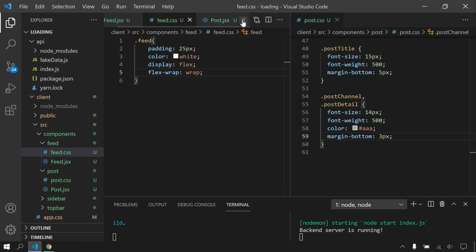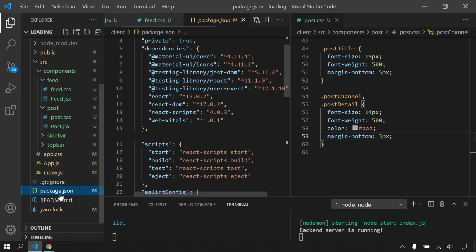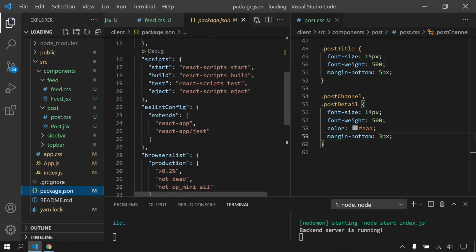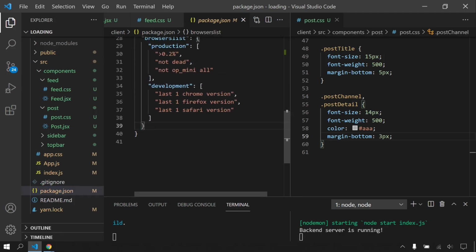So to use this, I will come here inside my package.json and here I'm gonna say proxy and my API address. It's gonna be http localhost and my port number 8800.